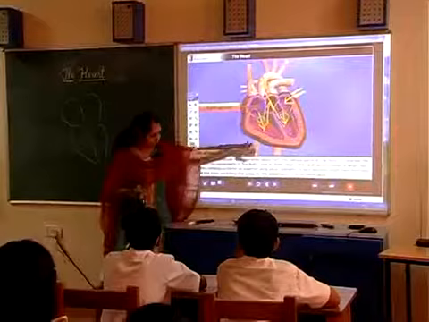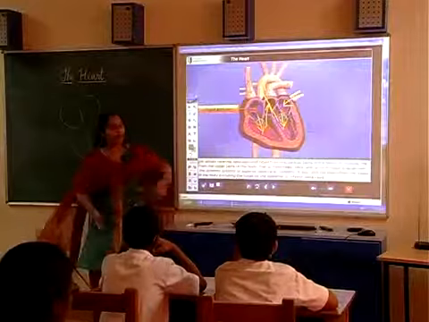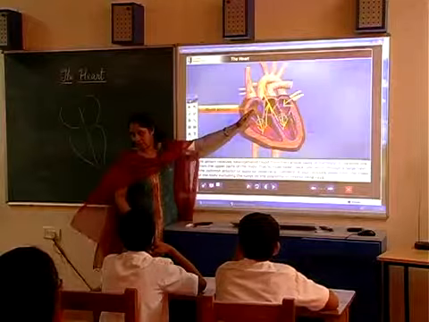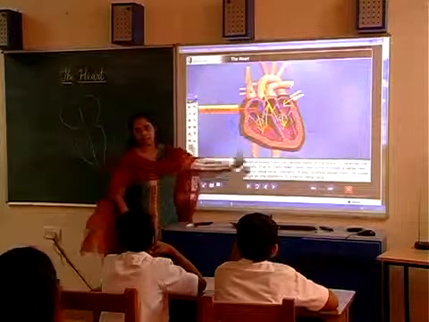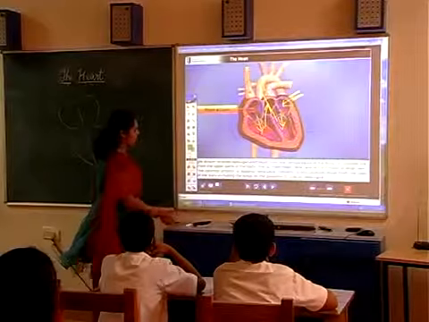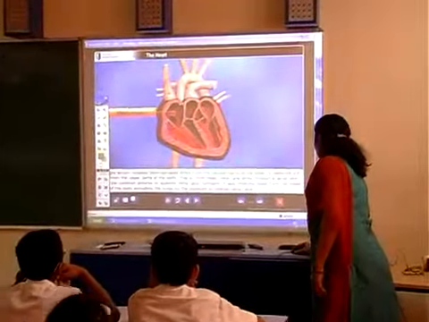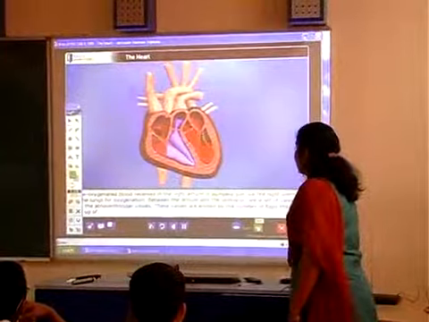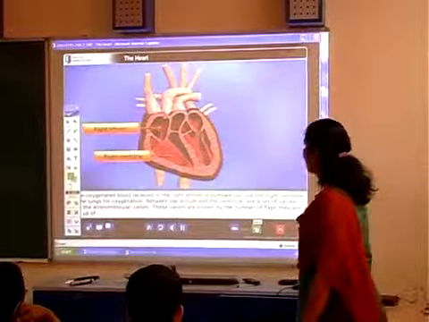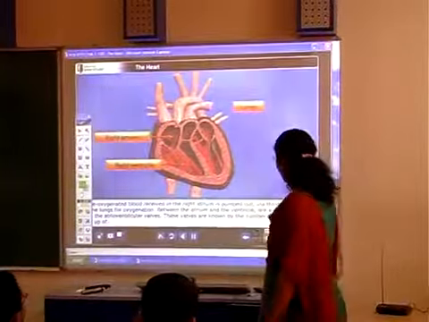If the valves are not there, okay, just like the opening and closing of a lid, the blood will flow back into the auricular chamber, right? So we don't want that to happen. Therefore, the valves will close as soon as the blood is pumped inside. So we will see how it is in the next. Can you see how the blood is going? Yes? Alright.